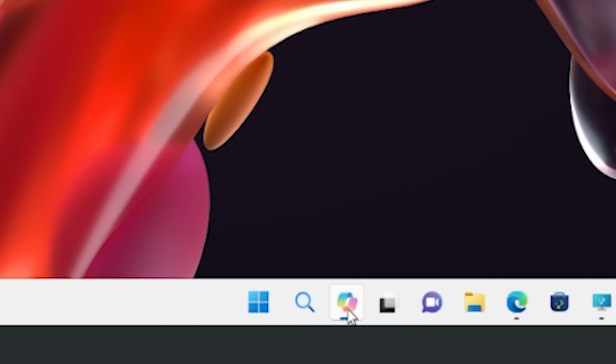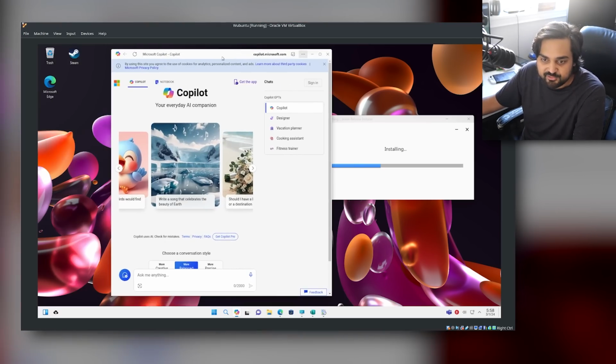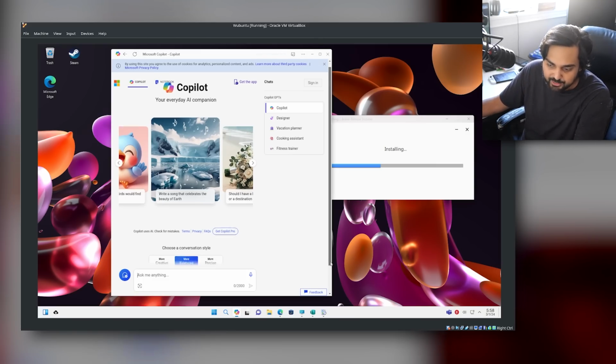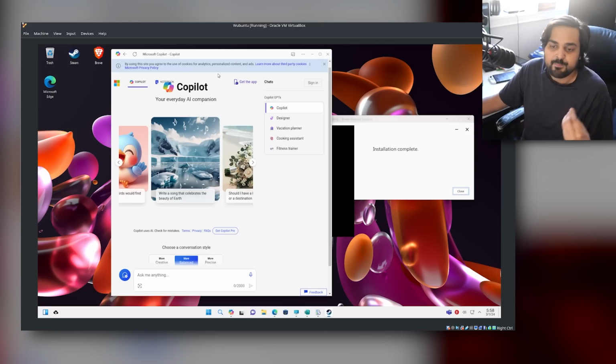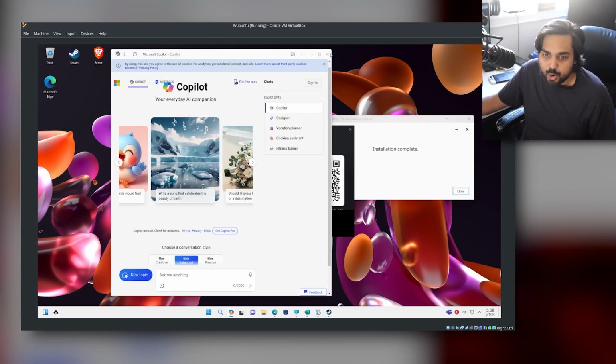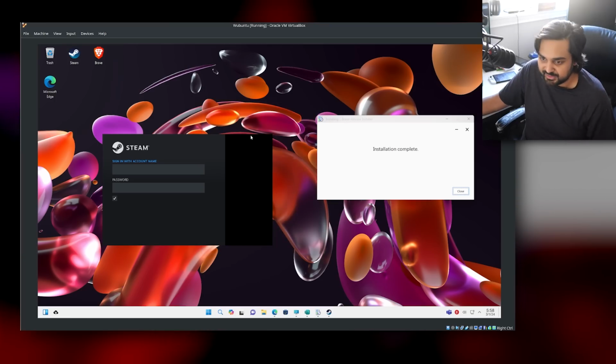Now, as all of that is installing, the other feature that this gave was Copilot, which is not the same AI tool that is in Windows 11. I mean, it is, but what they've done is basically made it a little web page that you open up and you can play around with Microsoft's Copilot AI. So instead of it sliding in from the right, it just opens up a little web page that you can access Copilot and mess around with things on. Obviously, all of these things are tiny little boons that you've been given just to make this look like Windows. But at the end of the day, it is just a Linux system.